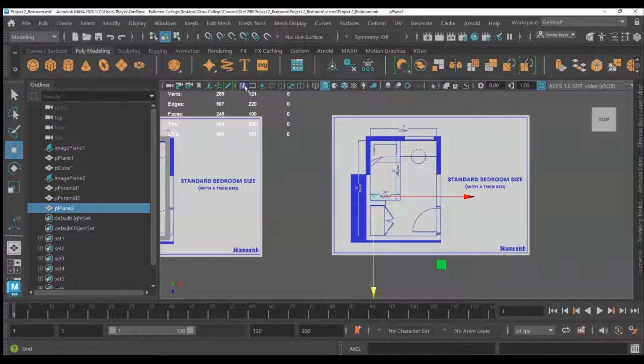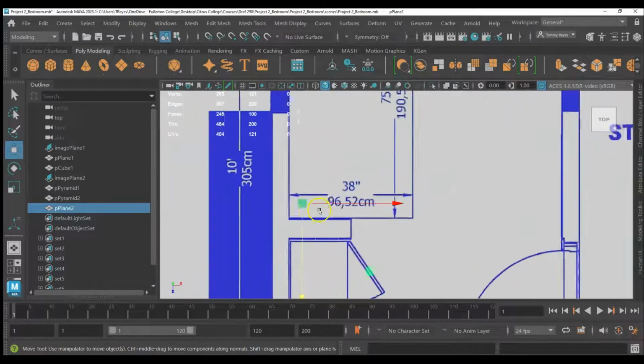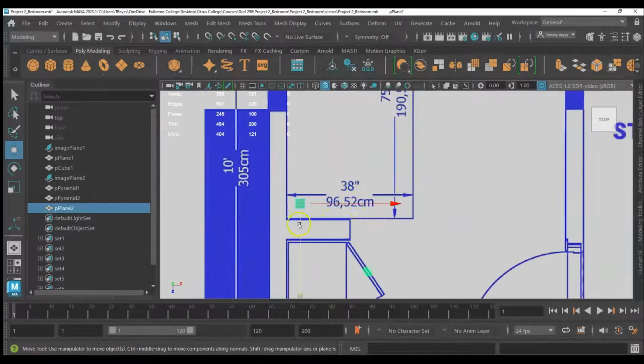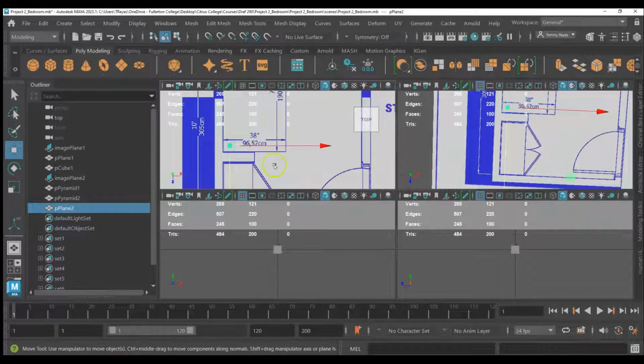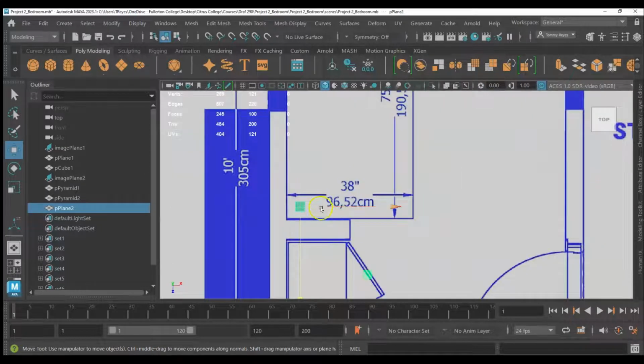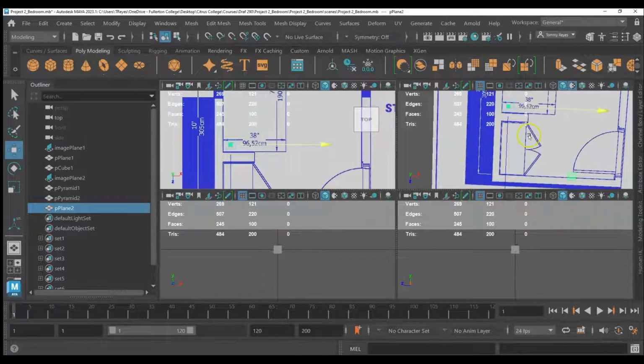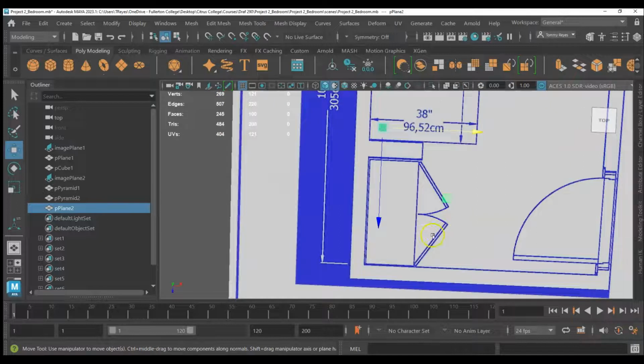Let's see if I can turn my grid off. There we go. So in order to look straight down, hit the space bar and then you can scroll your mouse over to the top or one of the sides or even this perspective view. What's great about this is you can really align things how you want. And I think that's good right here. Because for what we're about to do, I'm going to hit spacebar again, move my cursor over here, and then